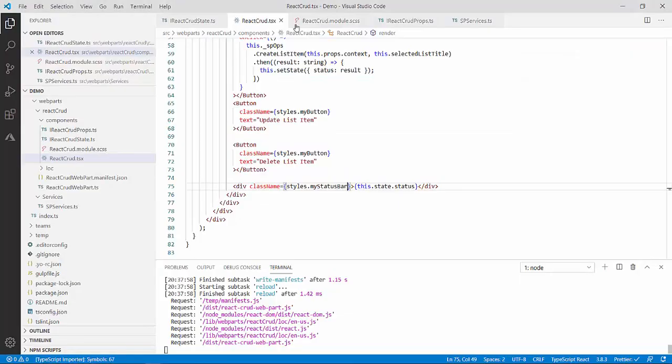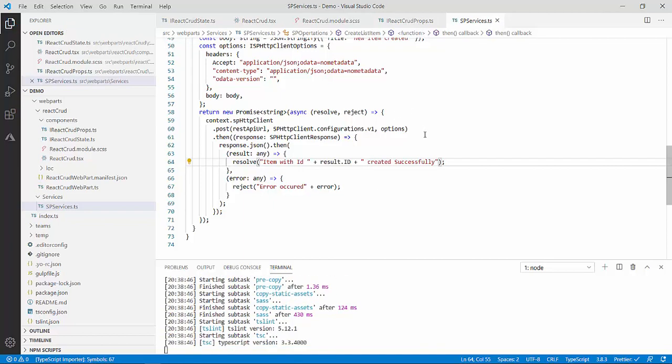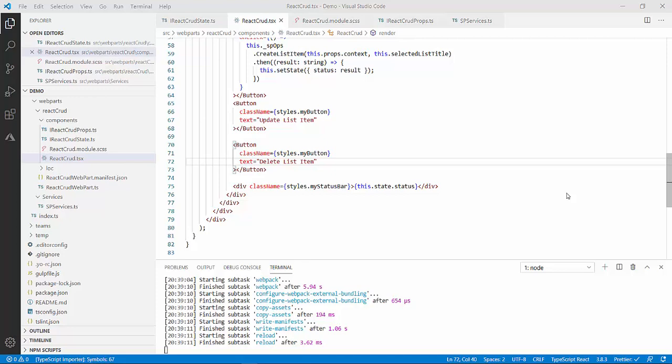It is very simple. Over here I will go in my service file, and over here I have to give the space over. That's it. And now my buttons are also ready. So let's start with the update and the delete functionality. So guys, now I will write the delete functionality. We have already created the UI, we have already created the button and styling, all that is done. So now I will directly go to the functionality.